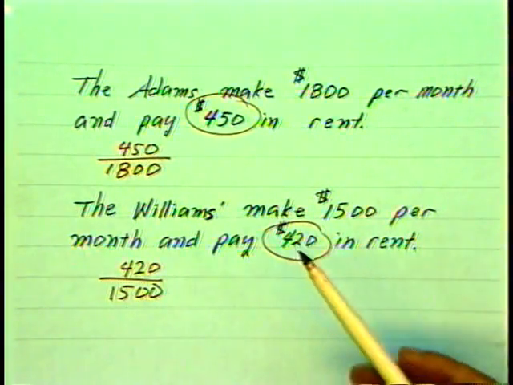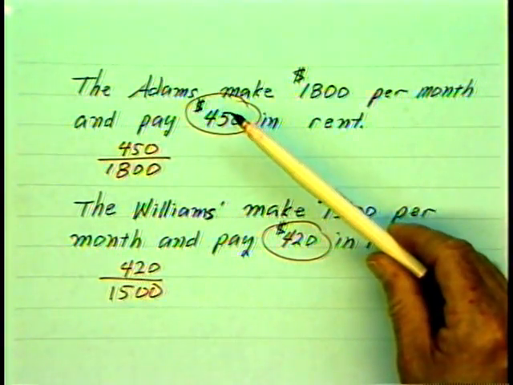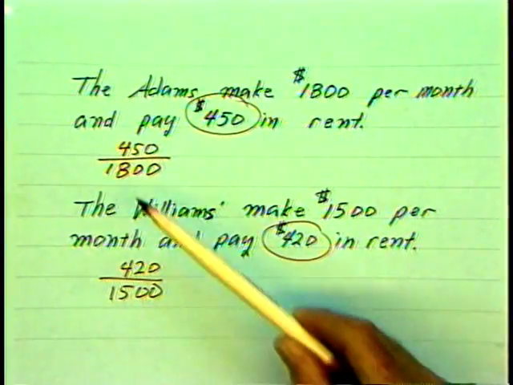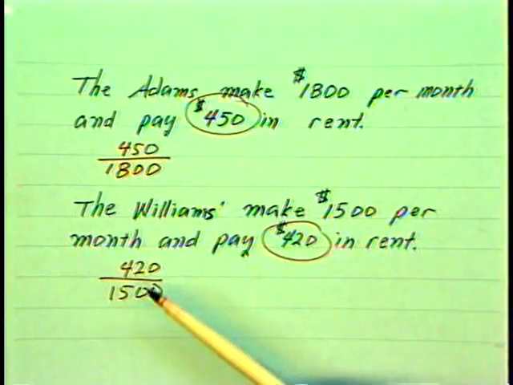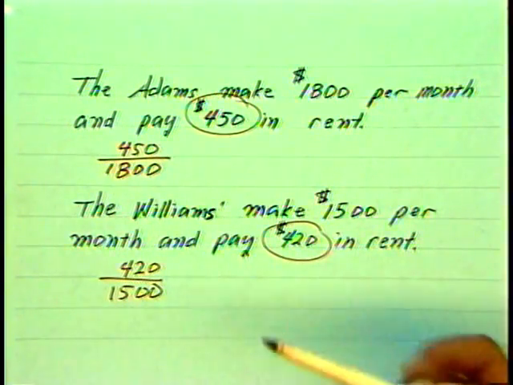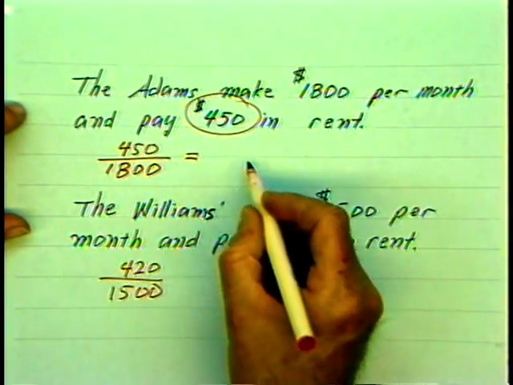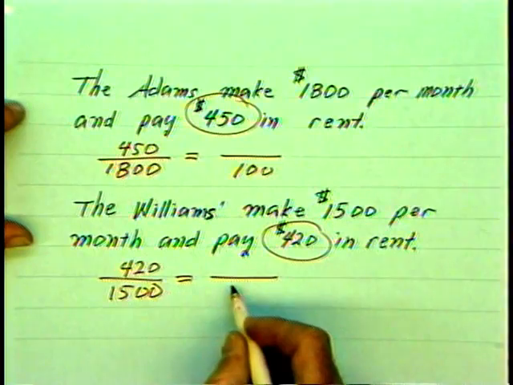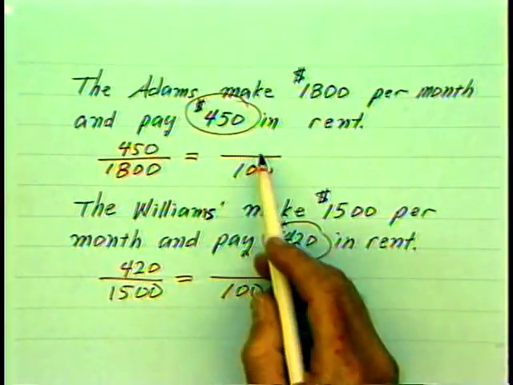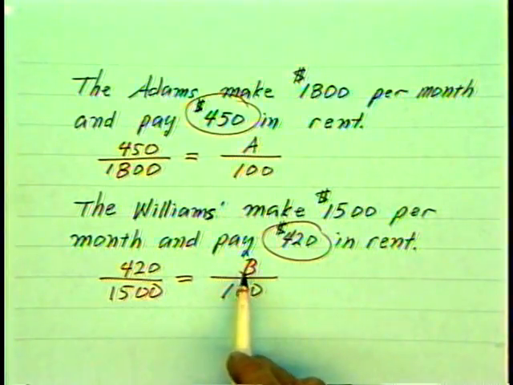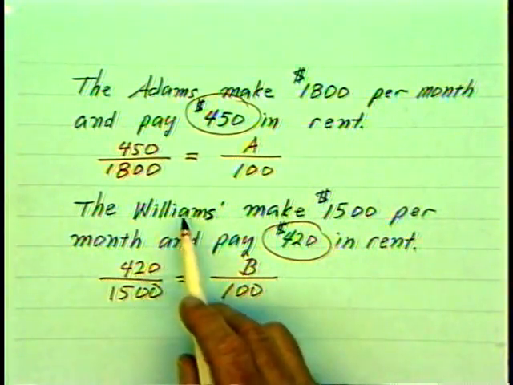So we could ask a question, who pays the least rent relative to what they're making in terms of paycheck? Well, that's rather difficult to answer just by looking at these two fractions. But if we can agree to go into that common denominator, where we'll let B stand for the fraction on the Williams and A for